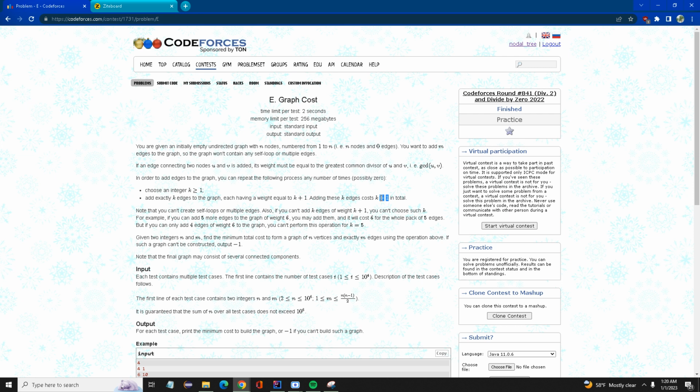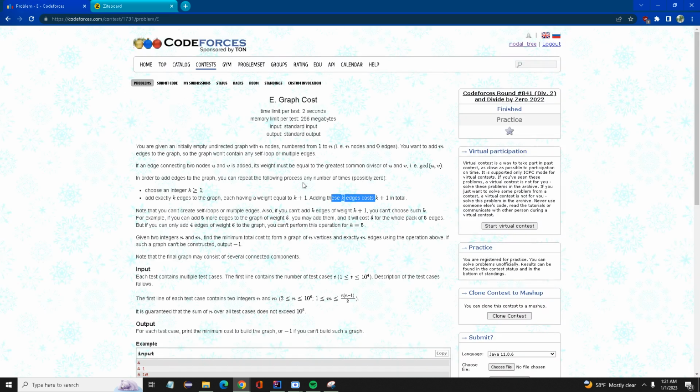In fact, the plus one does make a difference in the difficulty of the problem. Let's say we change this problem so it was just k. The weight constraint only matters in terms of the GCD stuff, and we'll worry about that later. But in terms of the cost, if it said k plus one versus k, they would be different problems. Let's look at the problem if it just said k. How would the problem be? Well, if it just said k, then the cost would either be m or negative one,